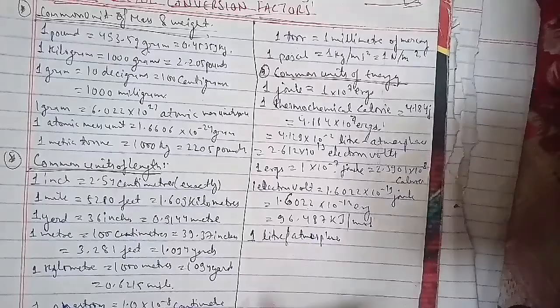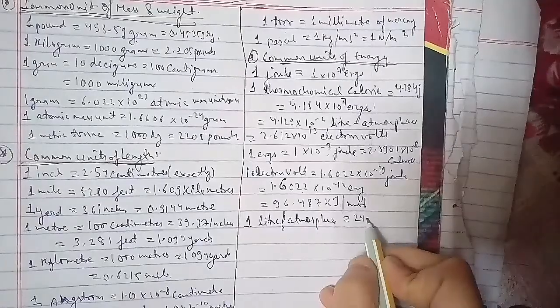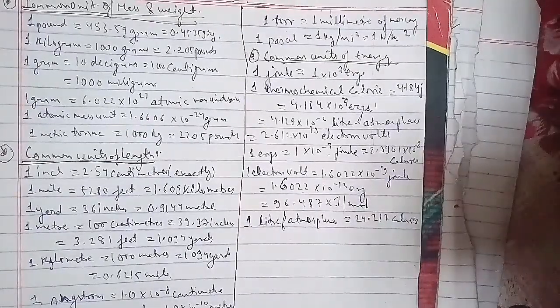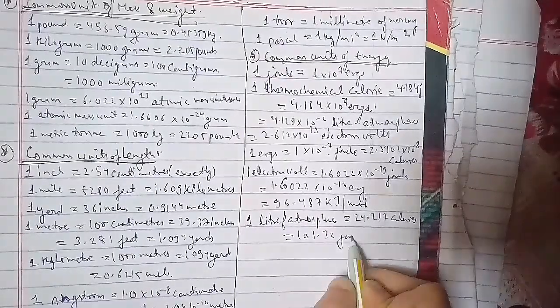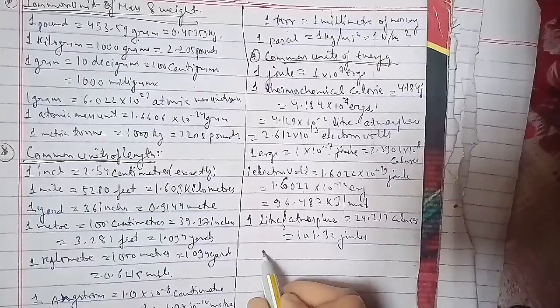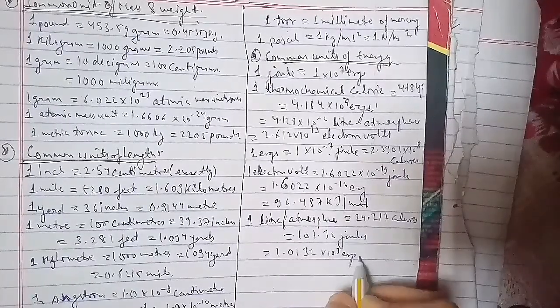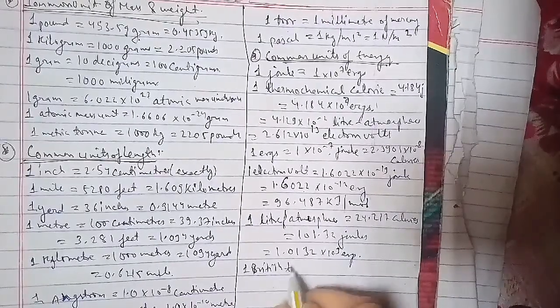So 1 British thermal unit equals 1055.06 joules, and that equals 1.05506 into 10 to the power 10 ergs as well, which equals 252.2 calories. Now we'll go ahead further and discuss